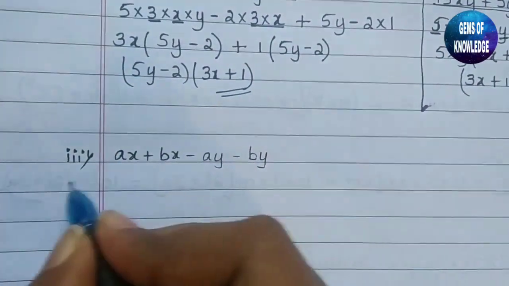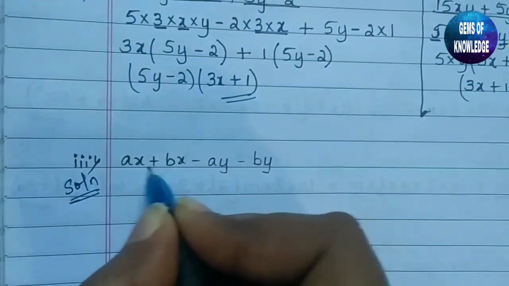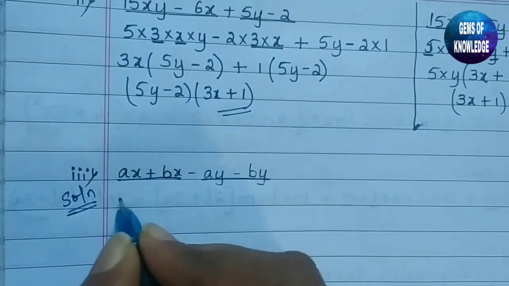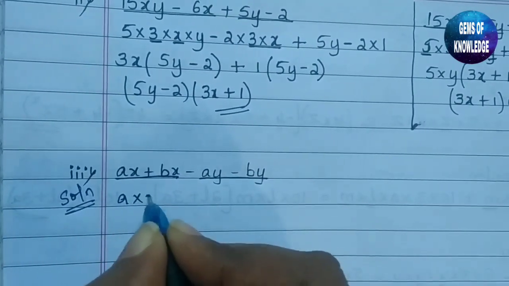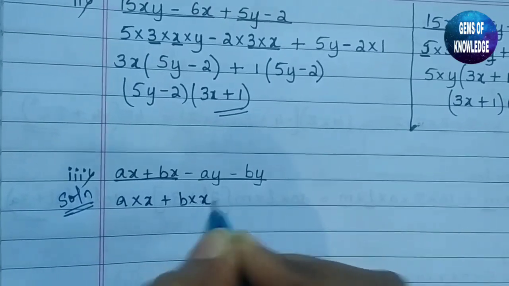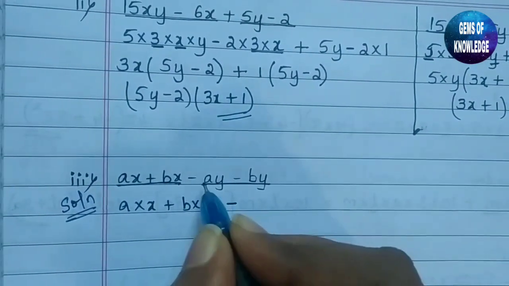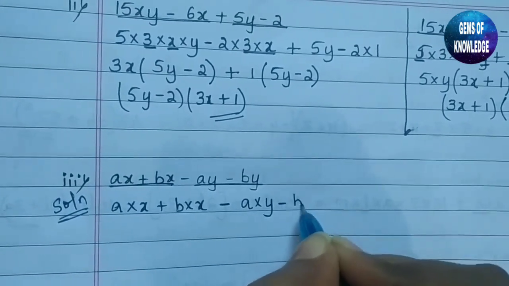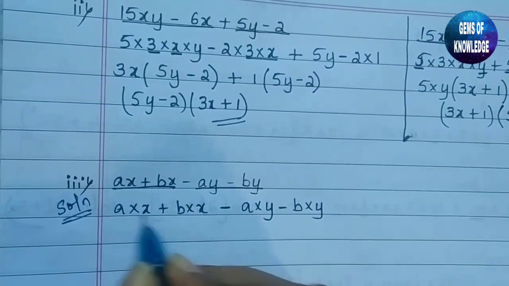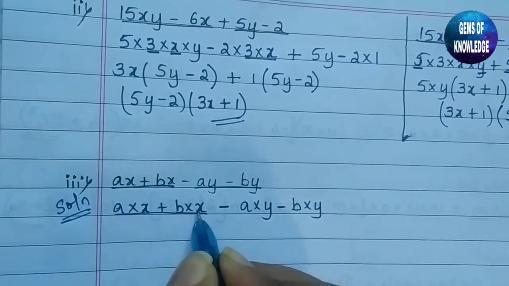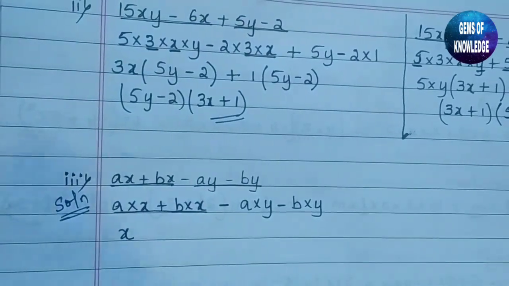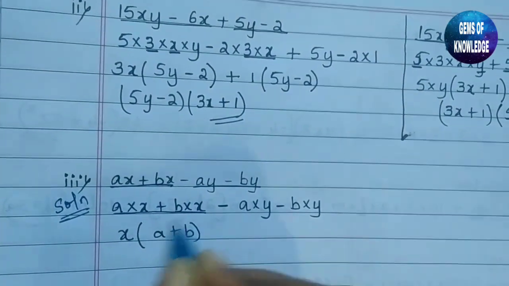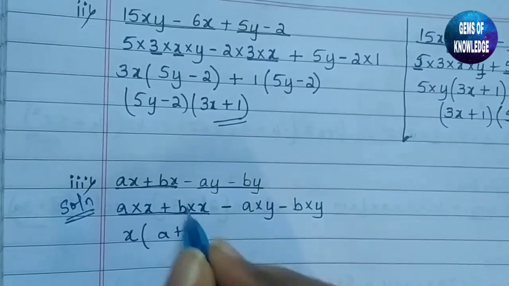Next, moving to the third one, you can see here ax plus by, and I will group this like this. What is common over here? a into x is there, plus b into x is given. Then this minus will be as it is. Here a into y minus b into y. What is common here? x is common, so let me take x outside. What is remaining? a plus b is remaining, since this x is taken outside, here a is remaining, here b is remaining.